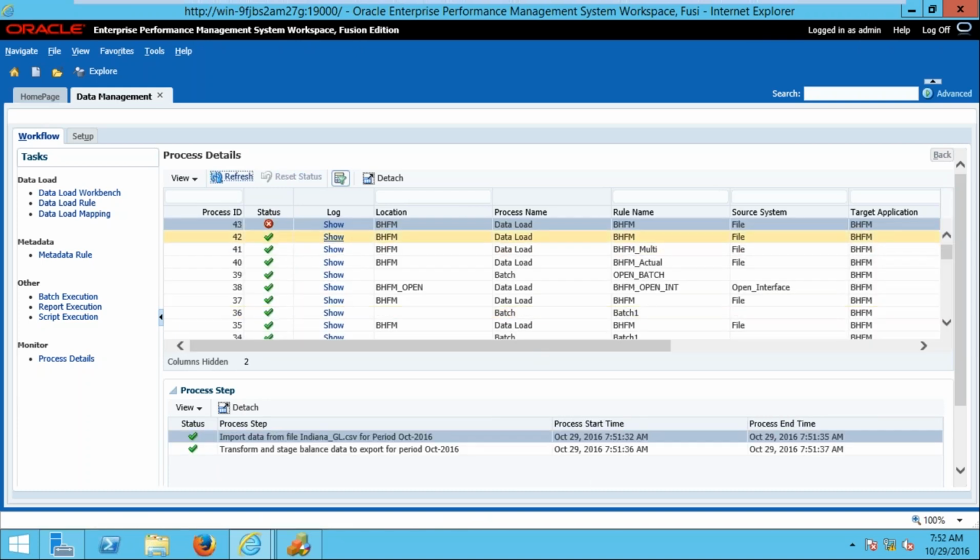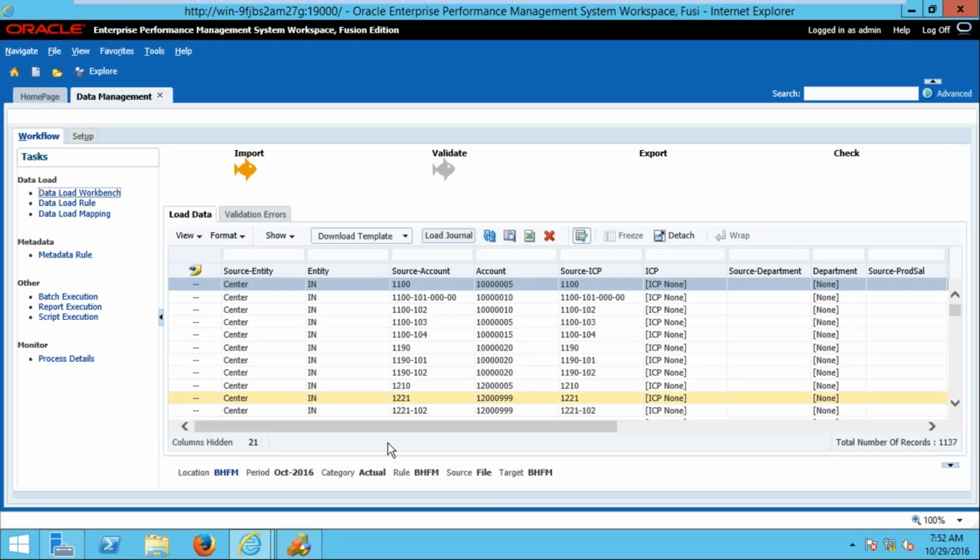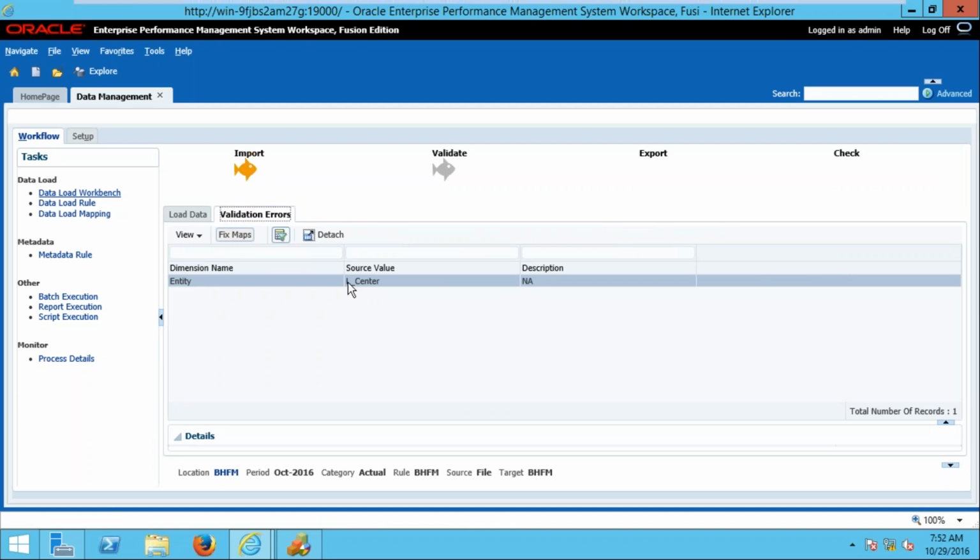See, here itself there is a validation error. Let us see here, I will go and check. So we need to see the validation error. What is the validation error? The entity center, which is not available in your source. If you want to check this one,